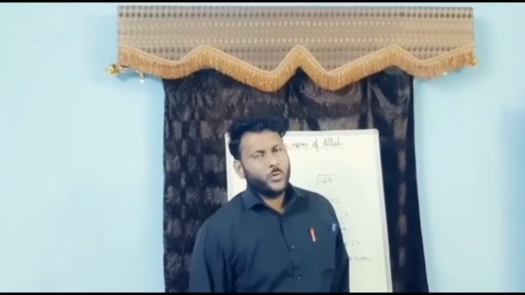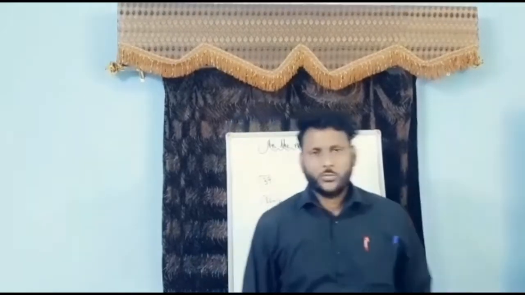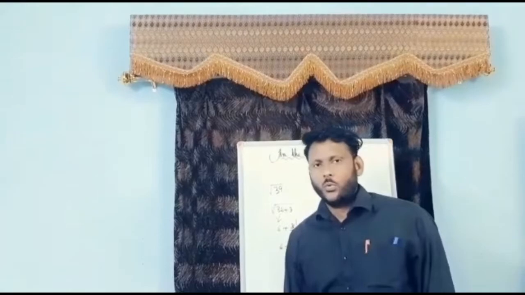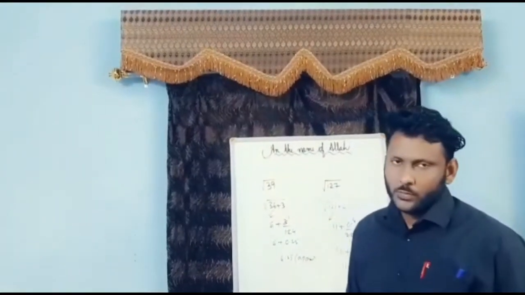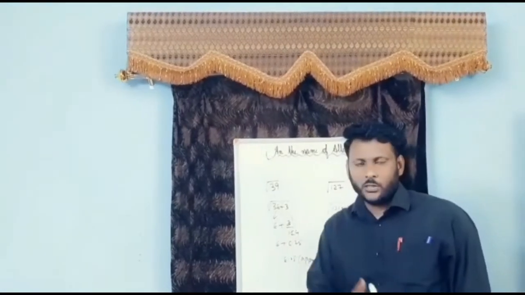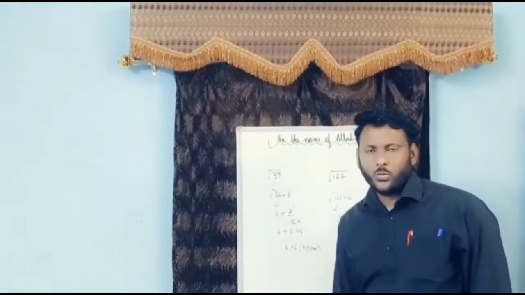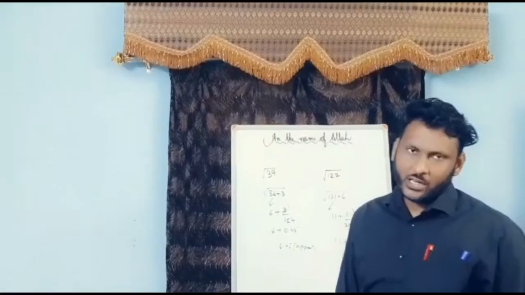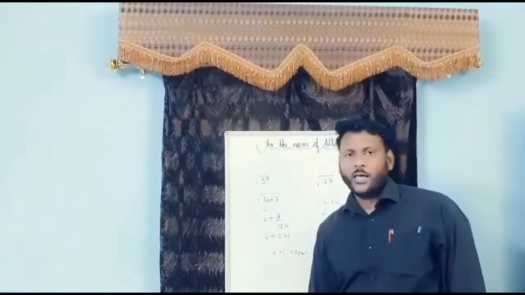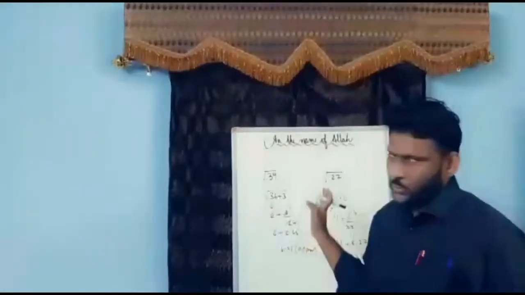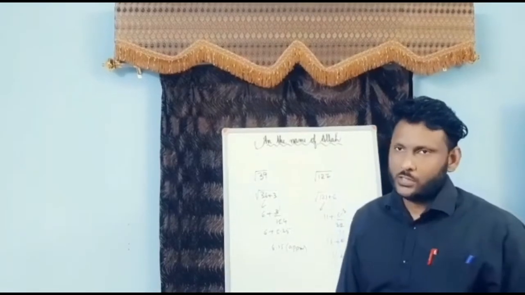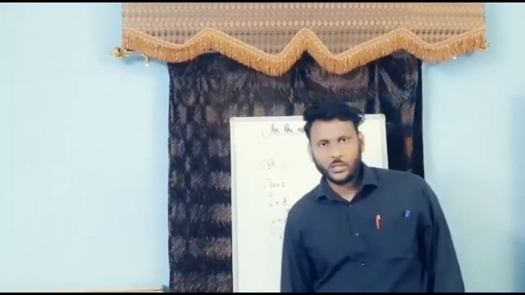Hope, boys, you understood the concept and the short trick for square root and decimals of numbers which are not perfect squares. This knowledge will help you in class 8 for squares and square roots, cubes and cube roots, and in class 9, especially in Heron's formula, where the numbers are not perfect squares. In class 10 it is also used for cube roots and square roots by the short trick. So hope you understood and can implement it in your academics.